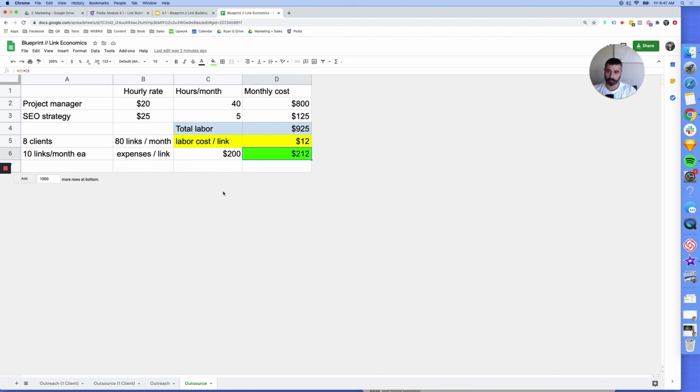The whole purpose of what I'm trying to show you here is that, of course, these numbers are not going to be exactly accurate to your agency. But the main takeaway is that as you grow and scale and you have more clients, better paying clients, you're going to want to bring outreach in-house, versus when you're smaller and have fewer clients, you're definitely going to want to use a vendor to help you out, at least to get the ball rolling. Unless, of course, you're just doing link building, then you can do in-house as well.